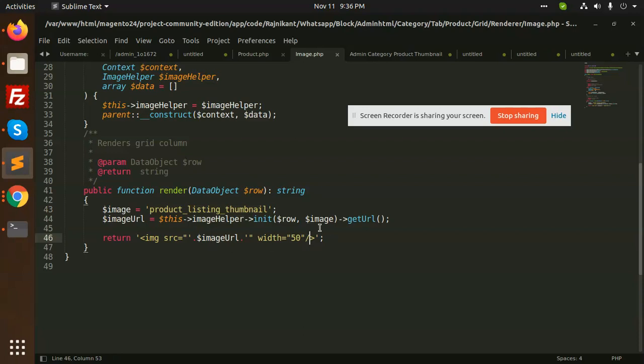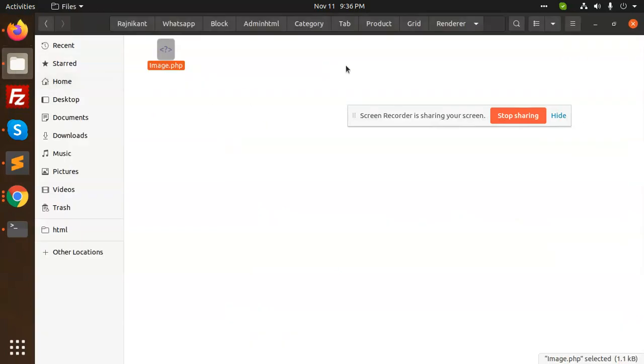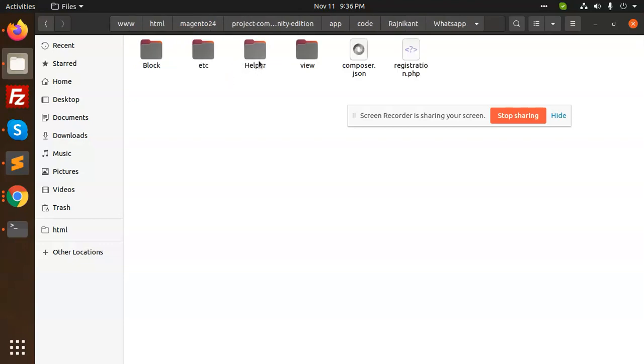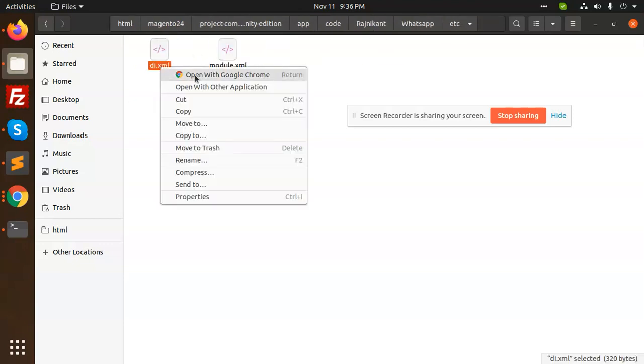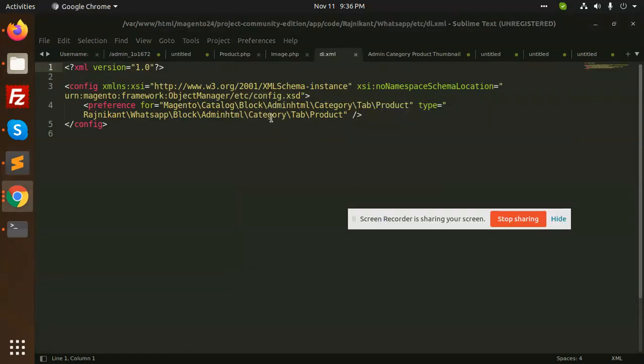So these two things we need to add, and lastly we have to override the module for this category part. Just go to etc/di.xml, and you need to replace the category tab product block, adminhtml category tab product.